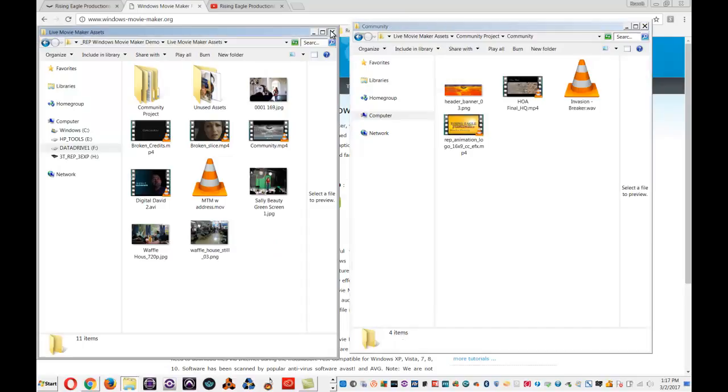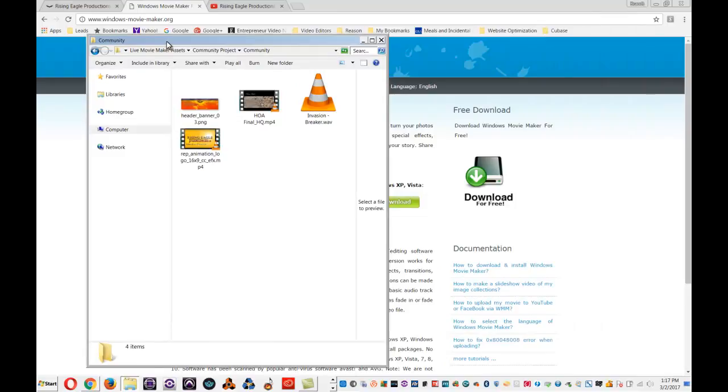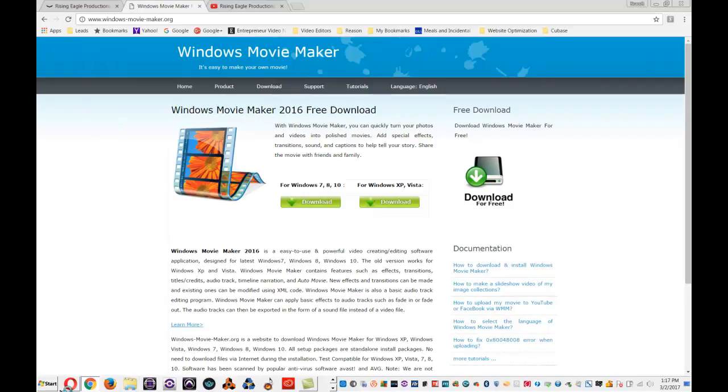You want everything to be in the same folder because when you close your project and save it, you want to save it into this folder, and then if you need to move it to another computer, you can just grab the whole folder, because when you're in the program, all it does is point to this video. So it's very important that you do that. Alright, so I'm going to close that out. I'm going to launch